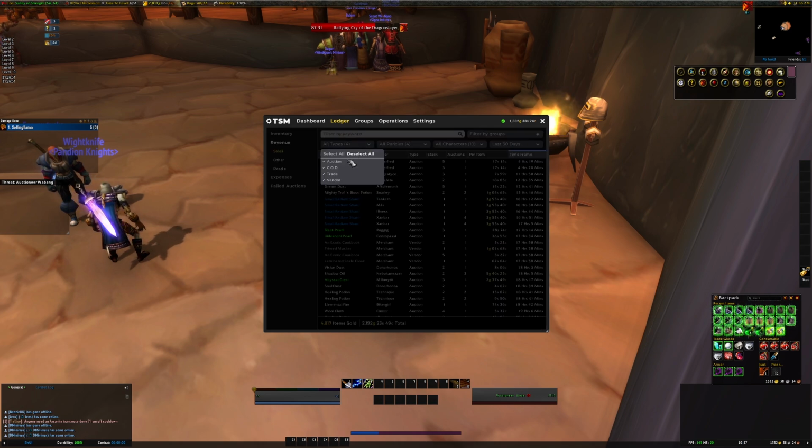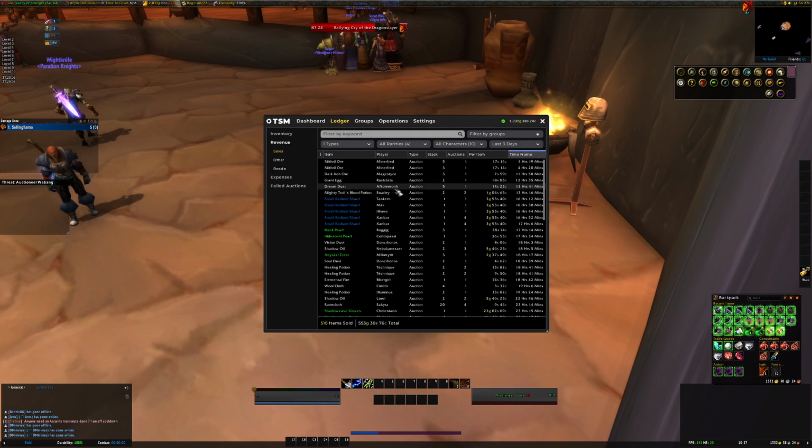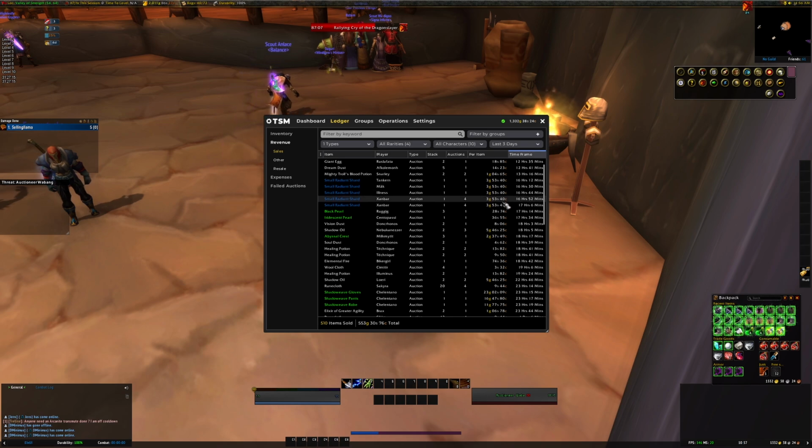So, change this simply to auction, and our last 3 days. Let's have a quick look. So we've sold some more ores, more small radiant shards, although the price has started to dip, which has got me slightly concerned. I'm not sure about how much it's worth my effort now to go and get them, but because of how well they sell, I think it is still a viable farm,